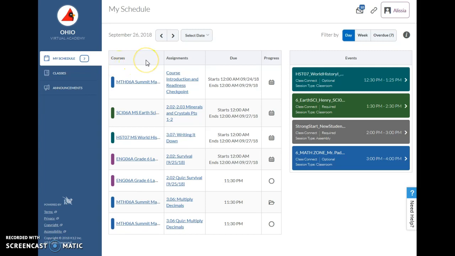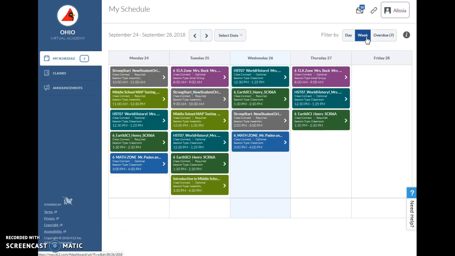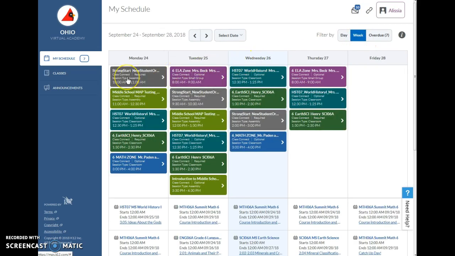This will show you the daily view with the class plan and the Class Connect schedule. We're going to go to the weekly view right here. This will show the Strong Start orientation at 10 o'clock on Monday, at 9:30 on Tuesday, and at 2 o'clock